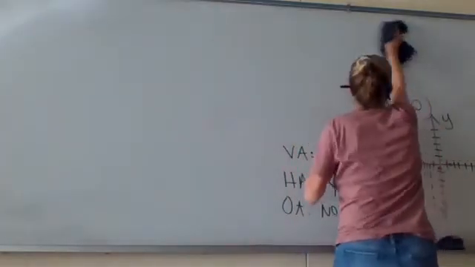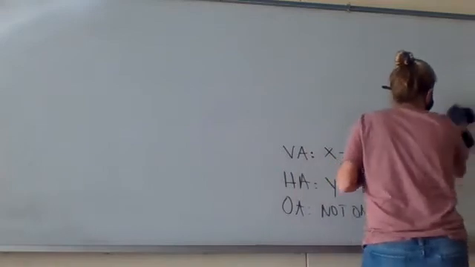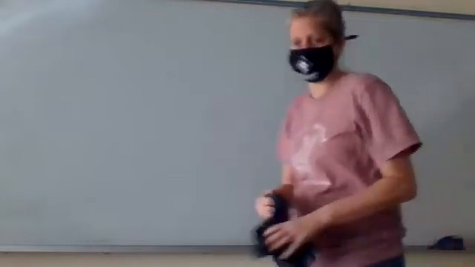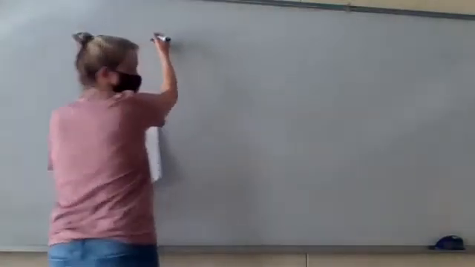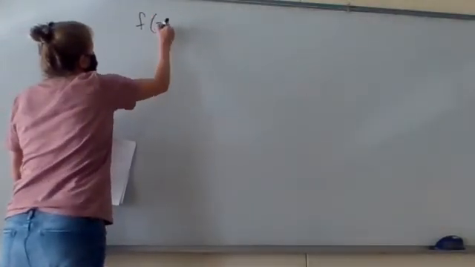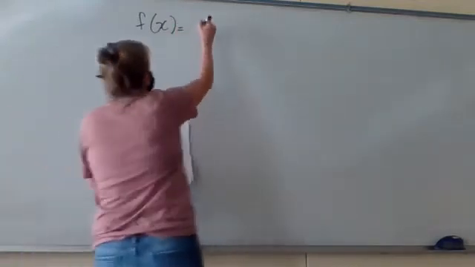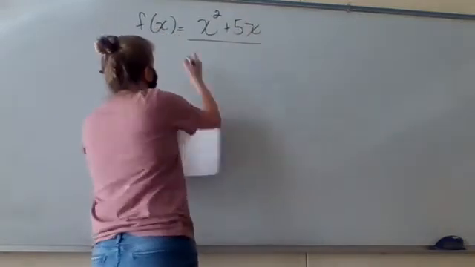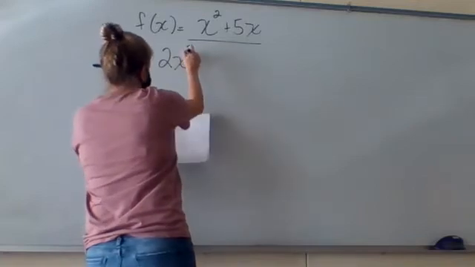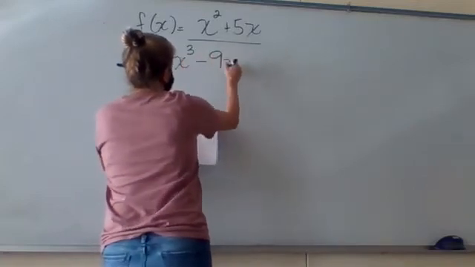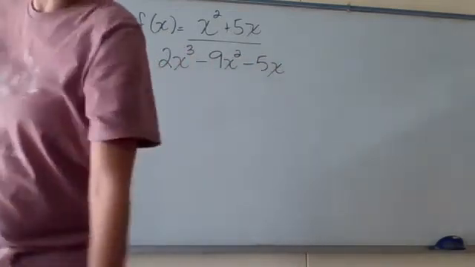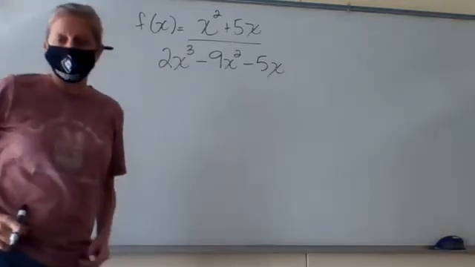All right, the next one is the same kind of problem. We're going to find all of the same information. The function is f of x equals x squared plus 5x over 2x cubed minus 9x squared minus 5x. So again, before I start, since I'm going to be finding all the same information, I'm going to